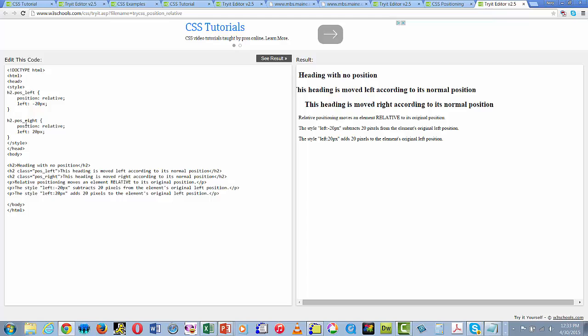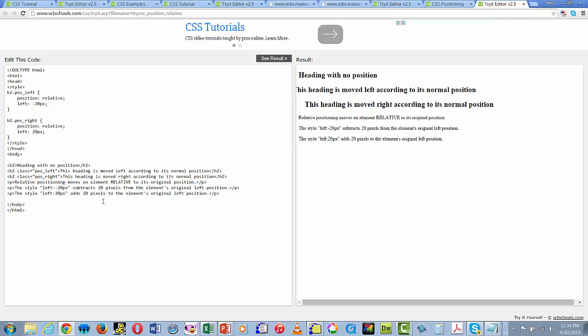There's another one, H2 position right, it's relative, left 20 pixels, and then here class equals position left, class equals position right. So you can see here that with just a regular P, where there's no CSS,